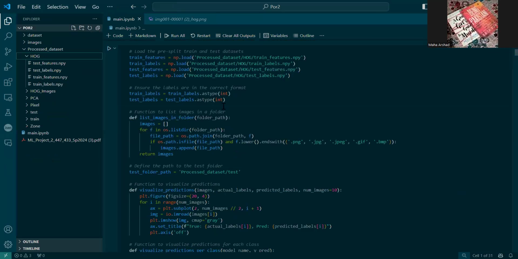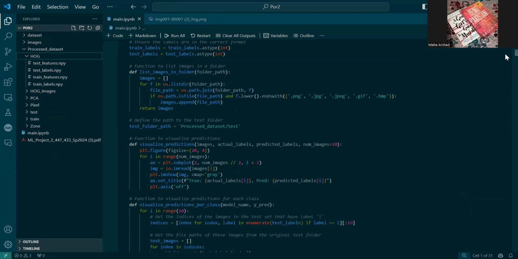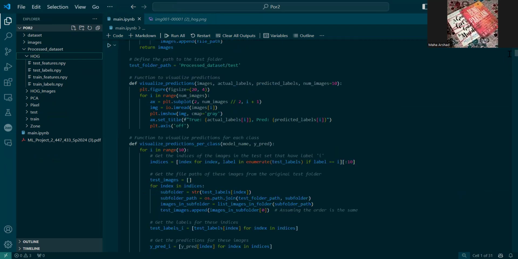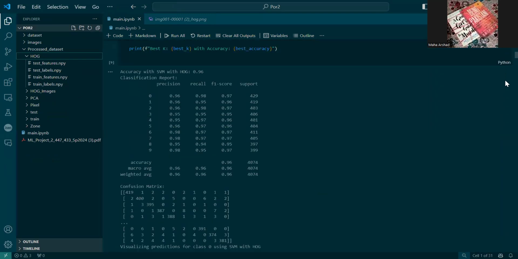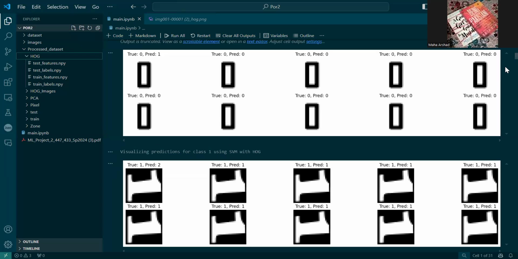And then in this part of the code, the classifier is first trained, and then it is tested on the test set. And then the classification report is generated with an accuracy of 0.96 for SVM with HOG. And this is a visualization of some of the